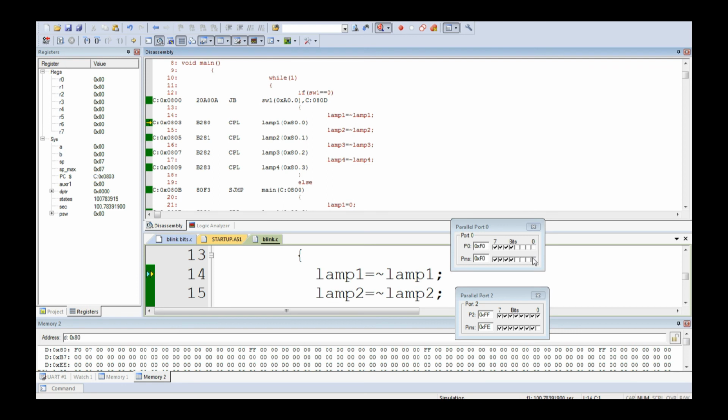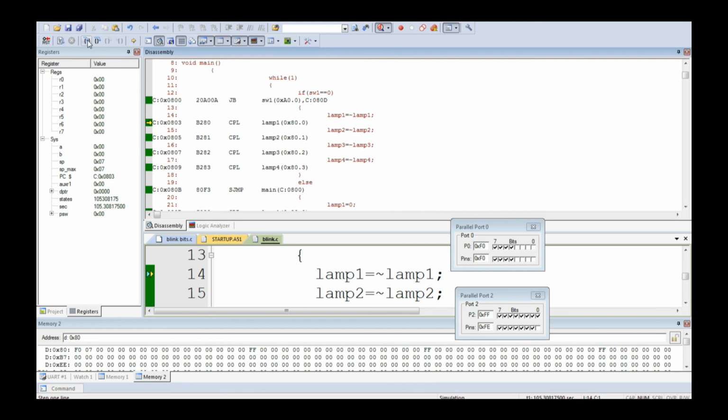Now it will make 80.0 as 1, 80.1 as 1, 80.2 as 1. You can see, observe carefully. Yes, it is becoming 1. Then it will become 0 because 2.0 is already 0. So as long as it is 0, program execution will be only within this if statement. You see, I'm just running. You can see the arrow mark is jumping within this.